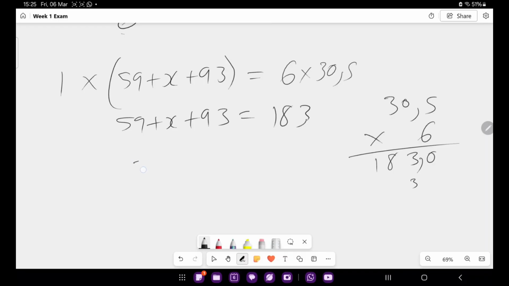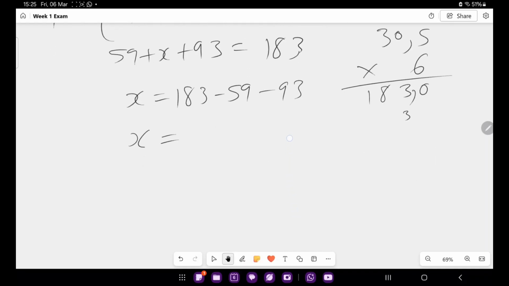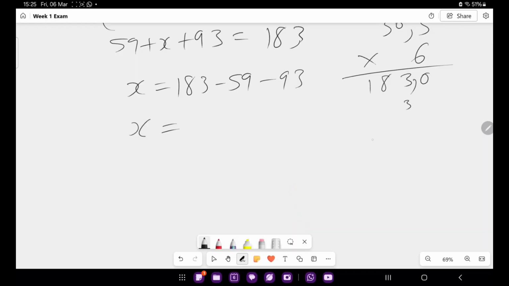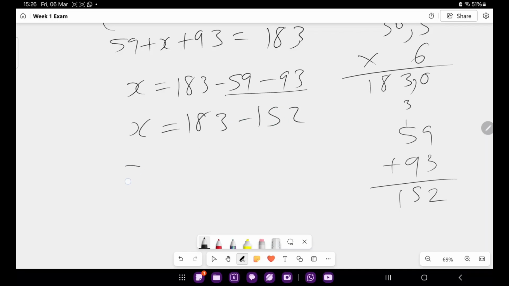Then we say X is equals to 183 minus 59 minus 93. X is equals to 183 minus 59, or I could add these two together. Let me just do that. 59 plus 93, get 2, carry 1, 6 plus 9, get 15. So 183 minus 152, X is equals to